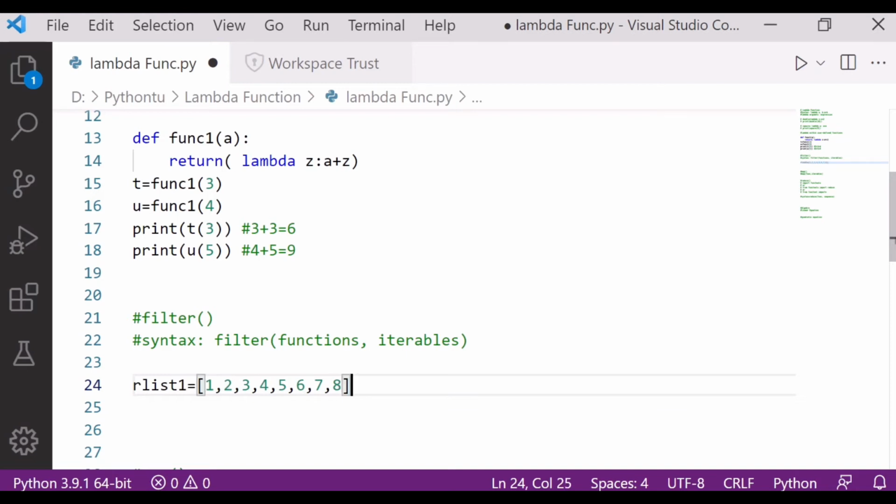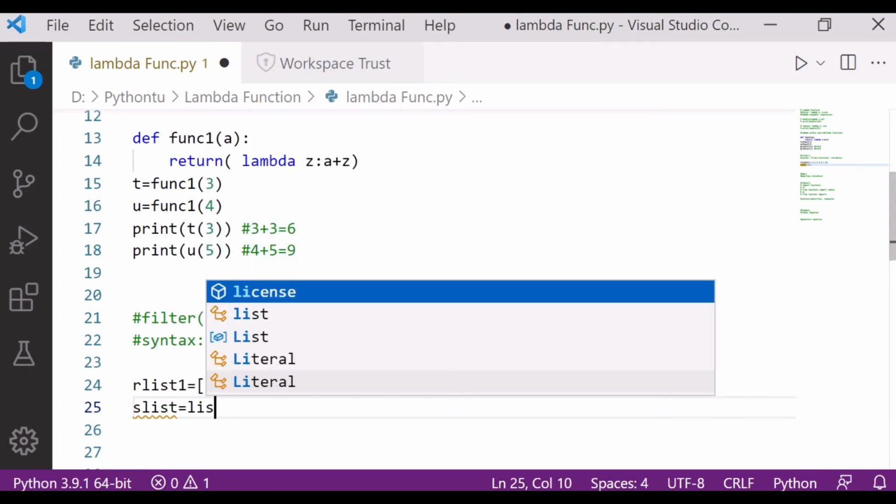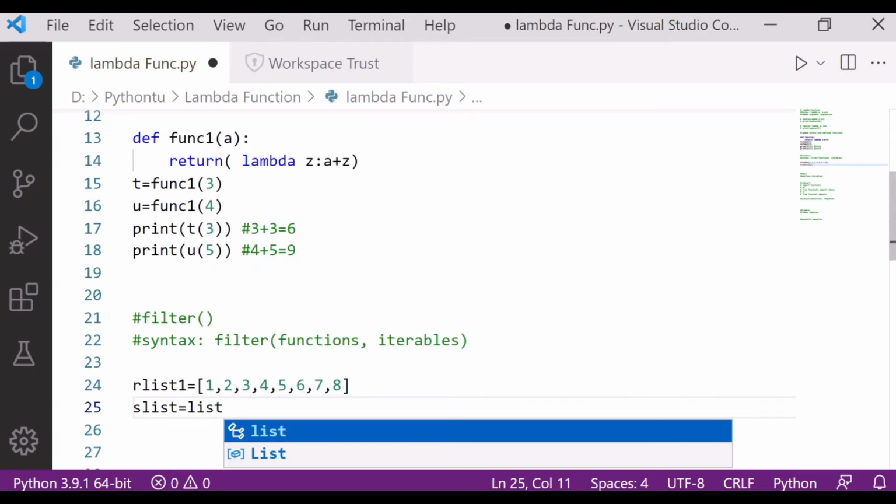Great. After that, I simply write down the lambda function. So that is my s list, which is equal to list,